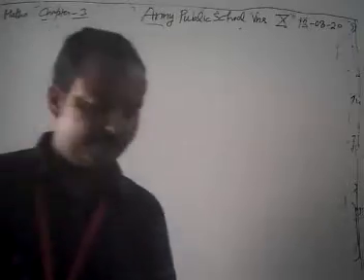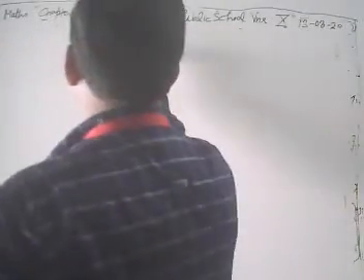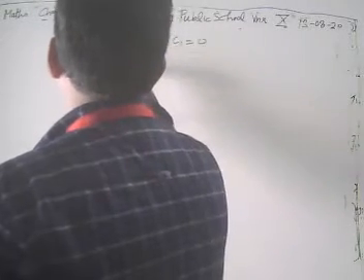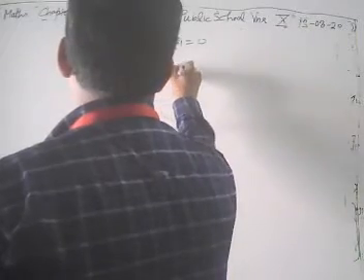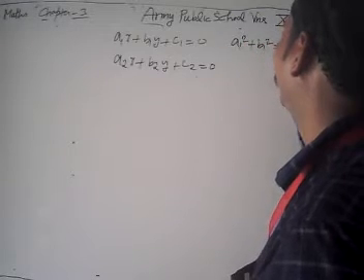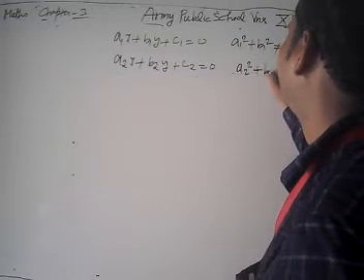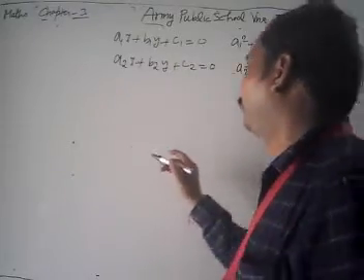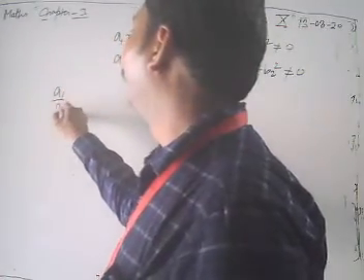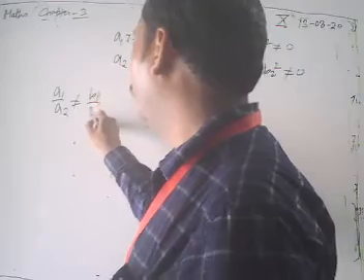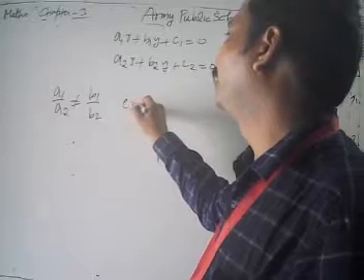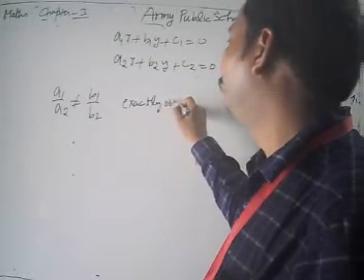Then we discussed that when we have any two lines given by a1x plus b1y plus c1 equal to 0 and a2x plus b2y plus c2 equal to 0, with the conditions a1 square plus b1 square cannot be 0 and a2 square plus b2 square cannot be 0, we compare the ratios. In the last classes we discussed that a1 by a2 not equal to b1 by b2 means, in our algebraic interpretation, we have exactly one solution.